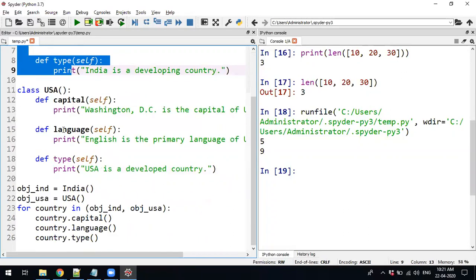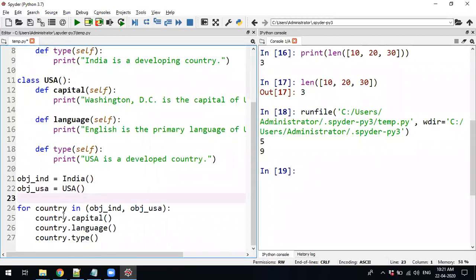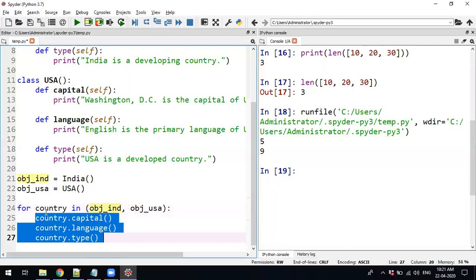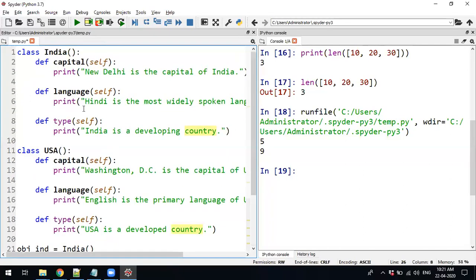The function names are same. I'll create the object of the 2 classes. Then, country in the 2 objects. Inside that, this variable dot capital, dot language, dot type. See which one it should call.